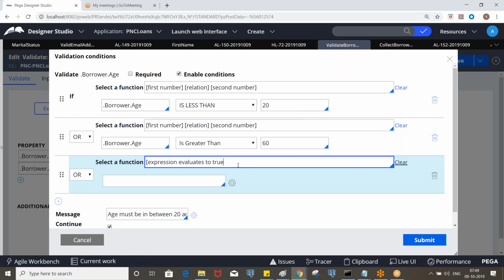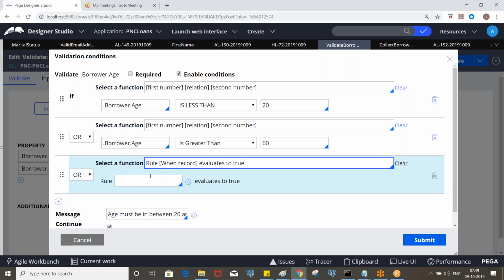And if you want to invoke the when rule, let's say I will define the conditions in the when rule and I will call the when rule here. You can do that. Okay, and if the when rule returns true, that means the condition is satisfied and the validation will be fine. Okay, so you can call a when rule. Let's say you define the same message, same condition in the when rule. Okay, and we call it here, so it will be valid.